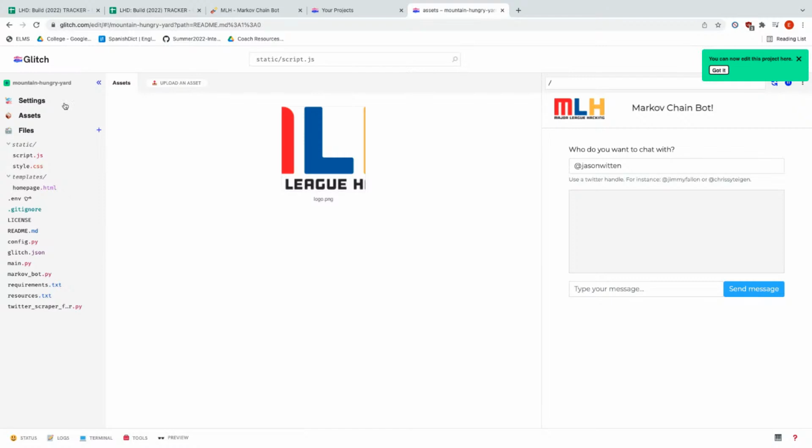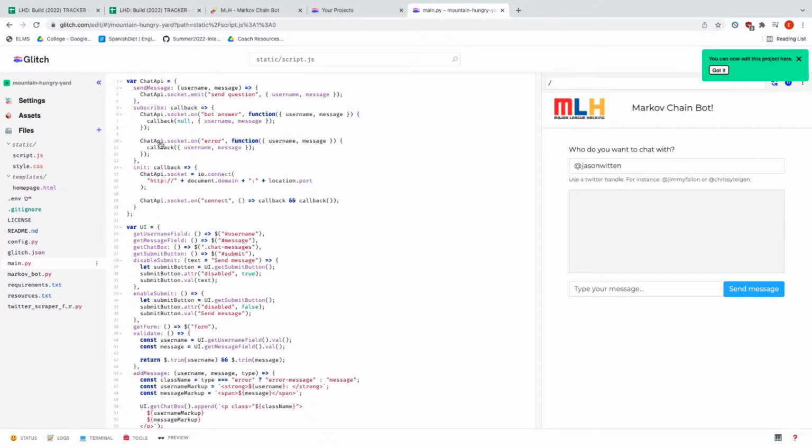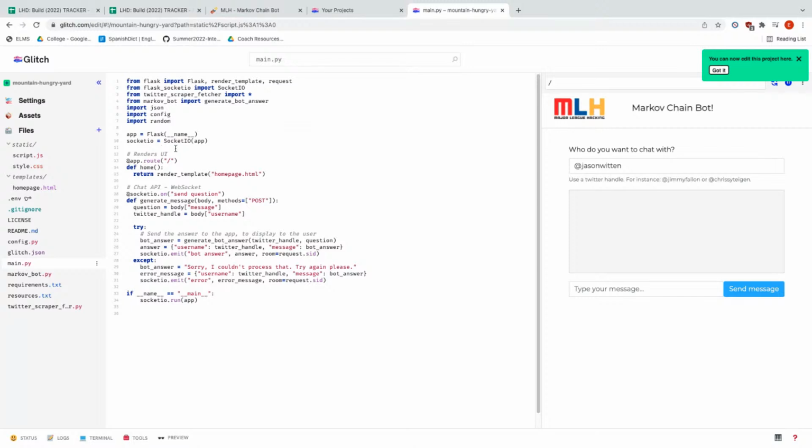which is going to be the image at the top. Cool. So now, there's a couple more files that I'd actually like to go over. We have the main.py, which is a Python file that handles the requests and responses for our file. When a user types a message into the chat box, they are requesting the bot to send the message back. So this request here is to send the message back. So when I make my own comment, it triggers the API to request the tweet from the user.